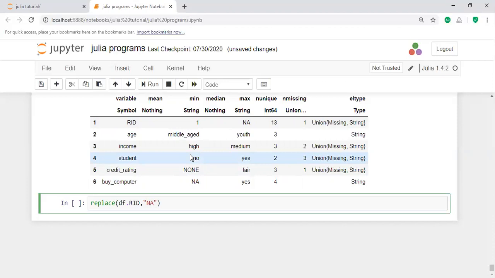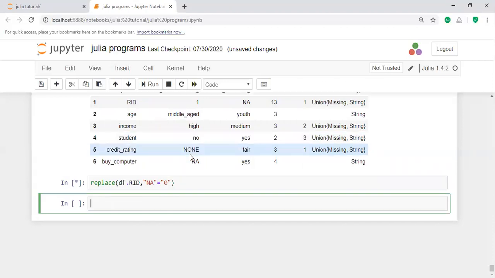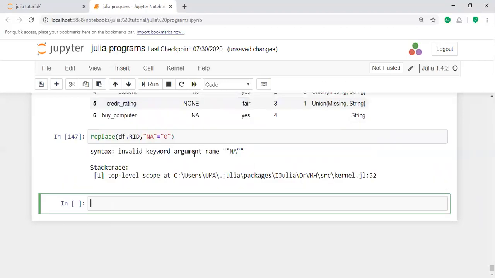If there is an NA, fill that value with either 0 or a mean. I am going to fill the value manually. Here, fill that particular value with 0. Yes, it is some syntax.